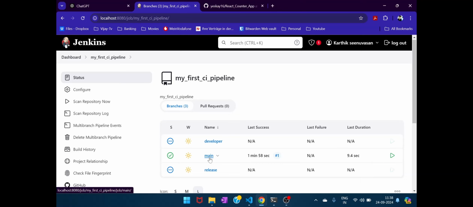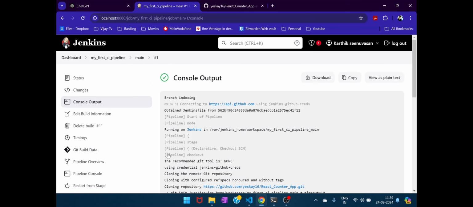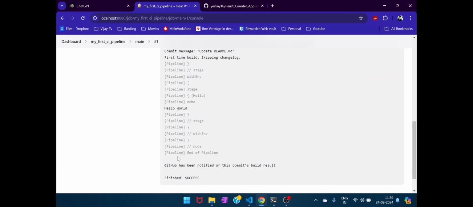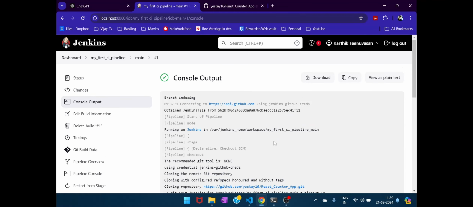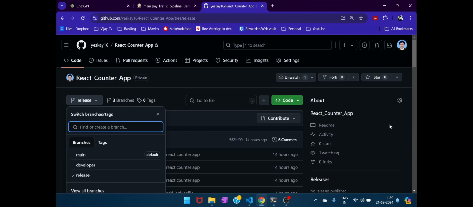Right, now let's go to main, and it has by default triggered the pipeline for main as well, as part of the initial scan that it does. It identified that it has a main branch and immediately triggered the pipeline, but that's only for the first time. Now if I want to set up CI, basically continuous integration, then as per our concept, the moment I